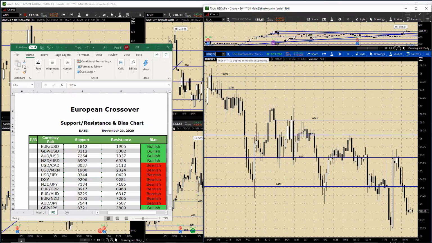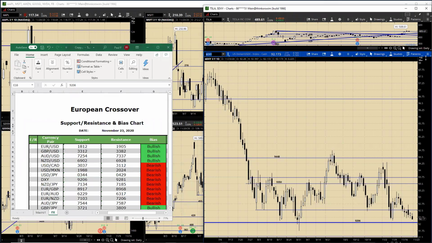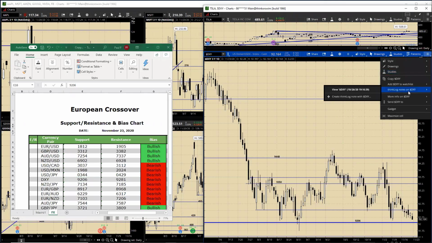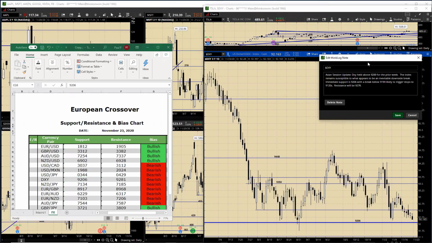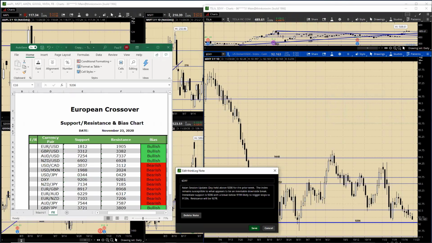And the cash dollar index. So the dollar index held above the 92 level for the prior week. The index remains susceptible to what appears to be an inevitable downside break. Immediate support is 92.06 with a break below 91.94 likely to trigger stops to the 91.20s. Resistance will be 92.78. So 92.06, which we had from last week,